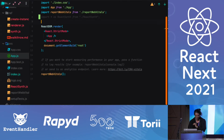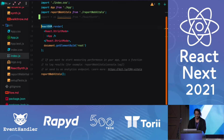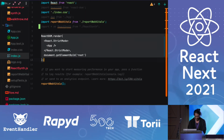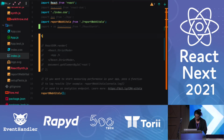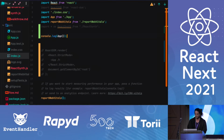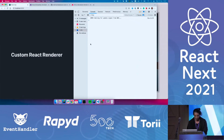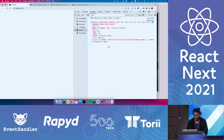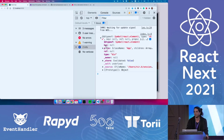right. I want to tackle, guys, index.js, all right? So just as a quick reminder for all of us, if I'm going to console log my app component and I'm going to run it as a function, all right, I'm not going to use JSX, and I move back to the browser. Let's refresh. And what we've got here, like most of us know, but like I said before, it's going to